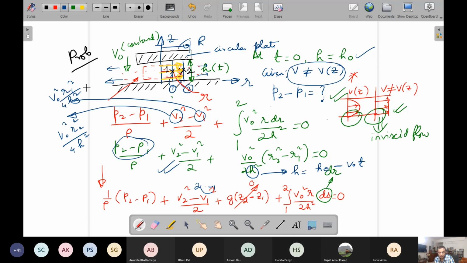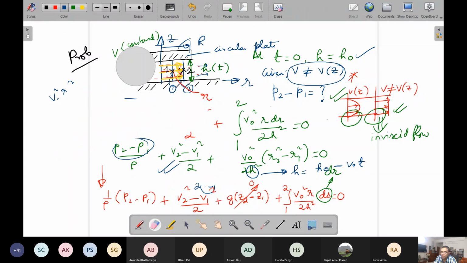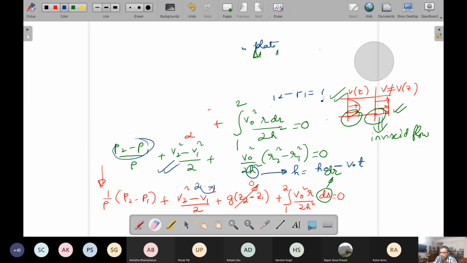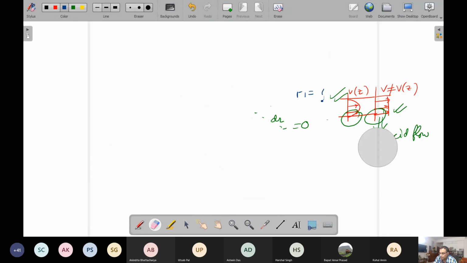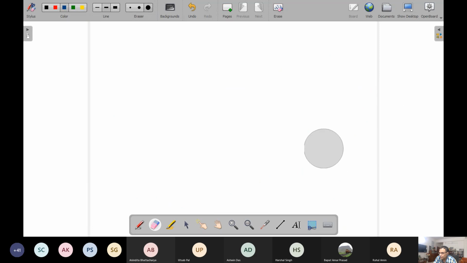We will solve another problem by using unsteady Bernoulli's equation. And again, the problem that I am going to solve is something which many of you have solved in high school level. I mean, may not be for your board exams, but at least for preparing for maybe one of the JEE exams. So the problem is like this.